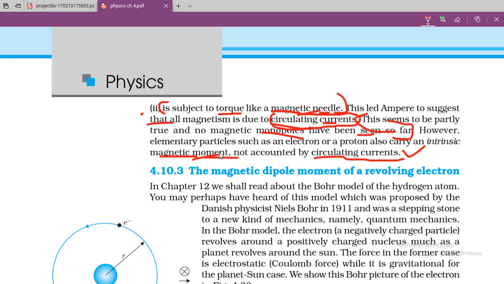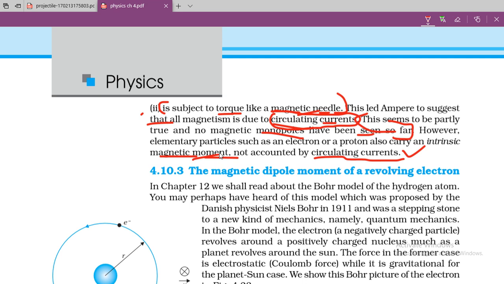So students, try to revise the things, try to correlate this magnetic dipole with the electric dipole in chapter 1 and try to understand the difference between the magnetic and electric dipole, okay, and try to revise the topics on the daily basis. It will help you to understand the concept in more deep way, okay.